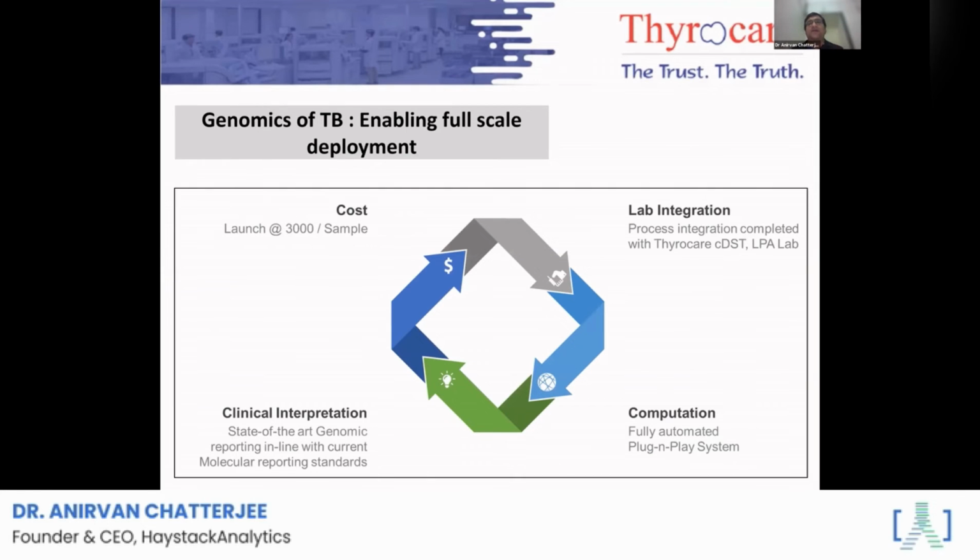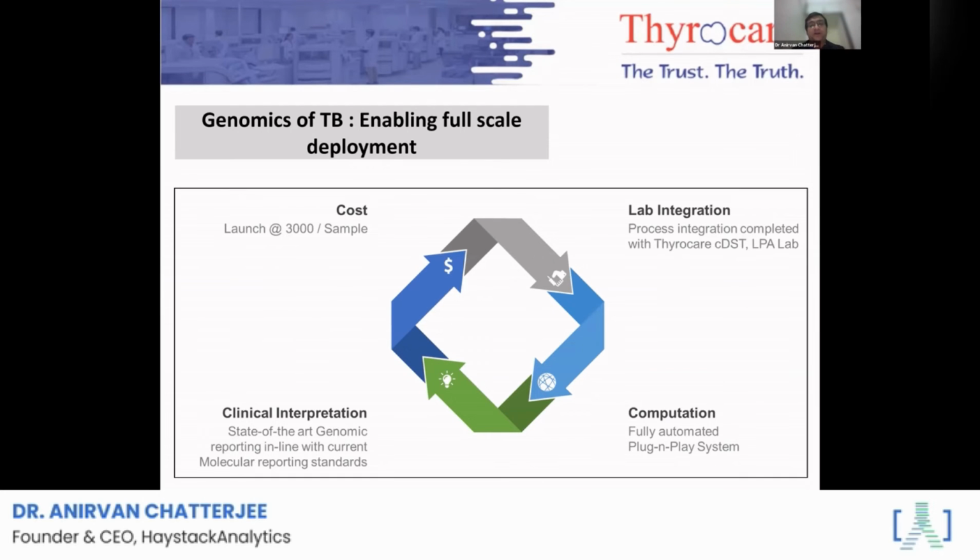And the value of working between ThyroCare and IIT Bombay startup is that we create technologies which work for India, create technologies which are affordable in India, and we have provided it to ThyroCare, which has integrated it into their world-class laboratory. It is integrated into their CDST laboratory. The entire genomic analysis has been automated. A report that goes out from ThyroCare every day is an automated report. It cannot be changed. It is the best-in-class report that one can offer. The interpretation is already there.